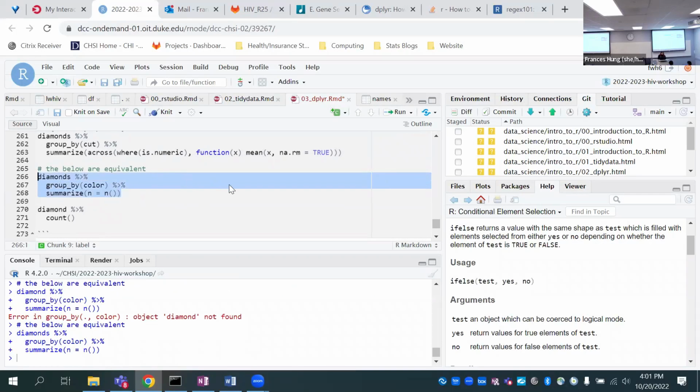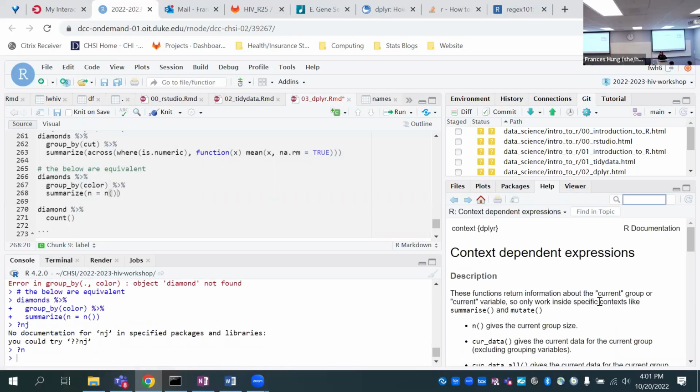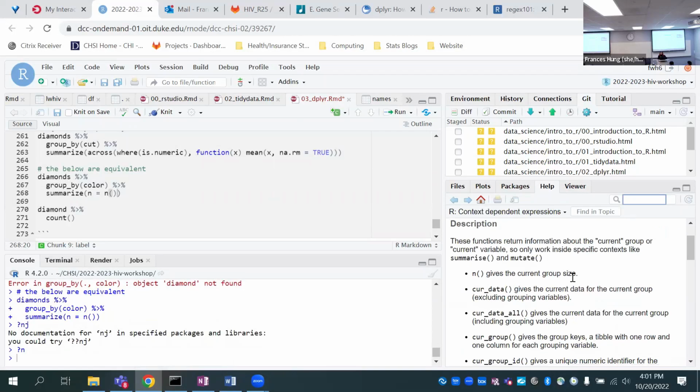So this function, if you look it up, just counts and gives the current group size. So we group by color, and it gives you the number of diamonds in each color.